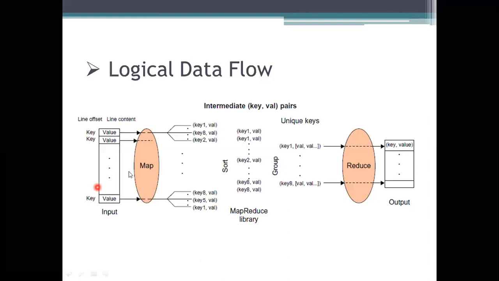If you see this example representation, we are using key 1, key 2, key 3, like that. Multiple elements have been used here. But if you see, key 1 and key 8 have been repeated. Key 1 has one value, and at the last also key 1 has one. So this value has been repeated, and we are using the same key value for this representation. When you come to the sort, then you will come to know that the value is the same, and we are also getting the key value.